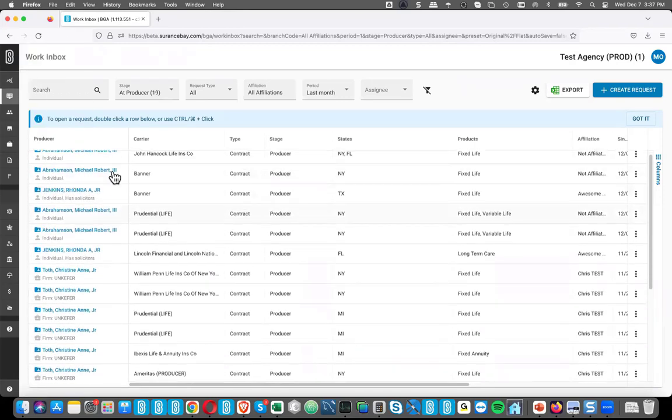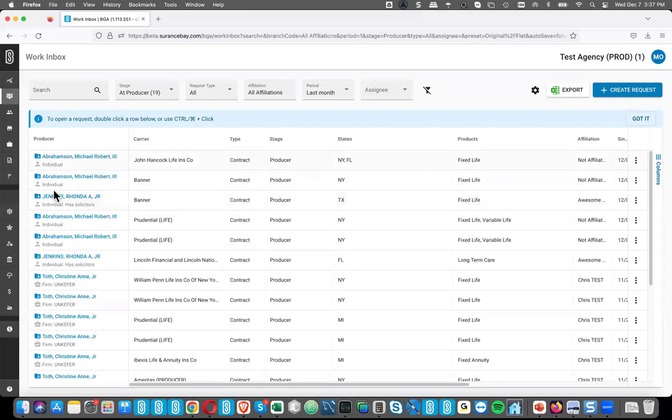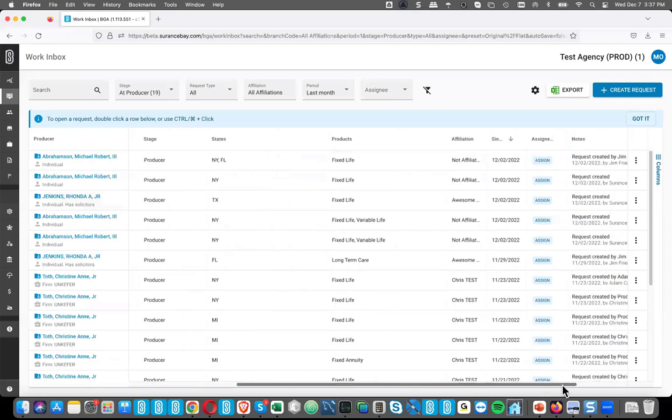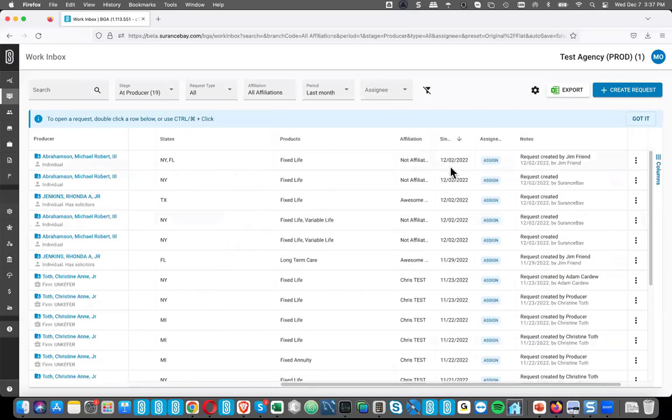And again, I mentioned anytime we're showing the list of requests, we're including the DBA type for them now. And of course, you've got your usual carrier, the request type, the stage that it's in, the state's products affiliation, when it was last updated. And we're also including who created the request. Your agency can see this, but your producers can't, because sometimes it might be someone internal to you, or maybe you've got a third party that's helping you administer these things and creating these requests. And for privacy reasons, we didn't want to expose that to your producers. But for your agency, you can see that.